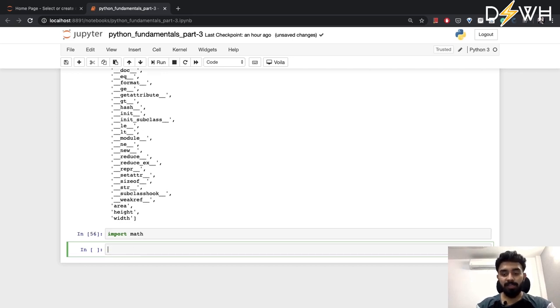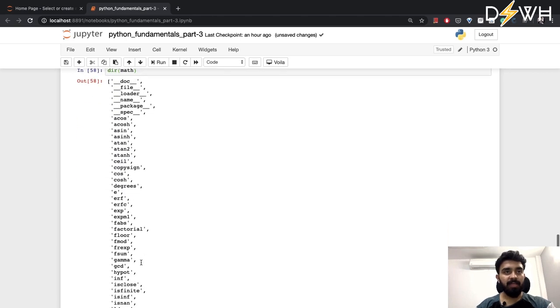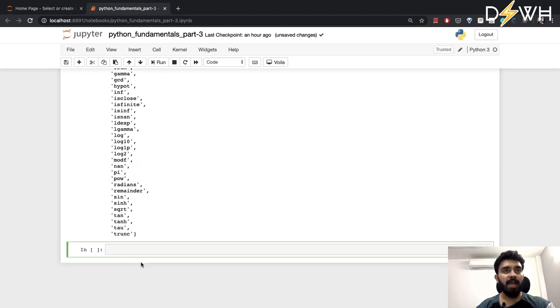Now let's see what is the type of this math. When I run this, basically it's a class module object. Math is basically a module, and this module is a collection of variables which is defined by someone else. And if I want to learn what exactly is there in the library, I can again run the dir function over this. So you see that there are quite a few attributes and methods for me to use inside the library. This won't give me much idea.